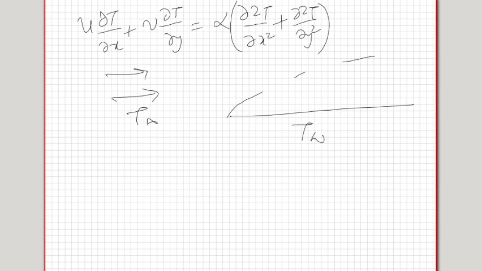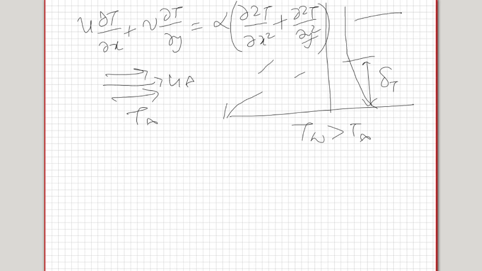So suppose we say T wall greater than T infinity. In such a case, suppose this is your reference line, then this is T infinity. Then the temperature grows to T wall inside the boundary layer like this. Now the thickness of this layer, I call this delta T. It need not be the same as the velocity boundary layer thickness, where U goes to U infinity.